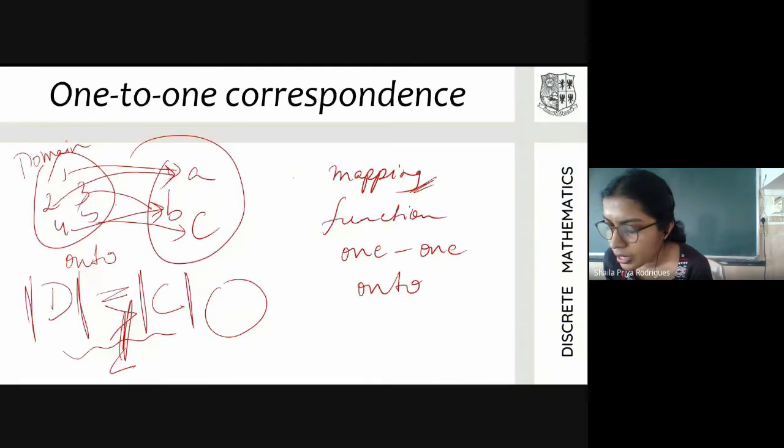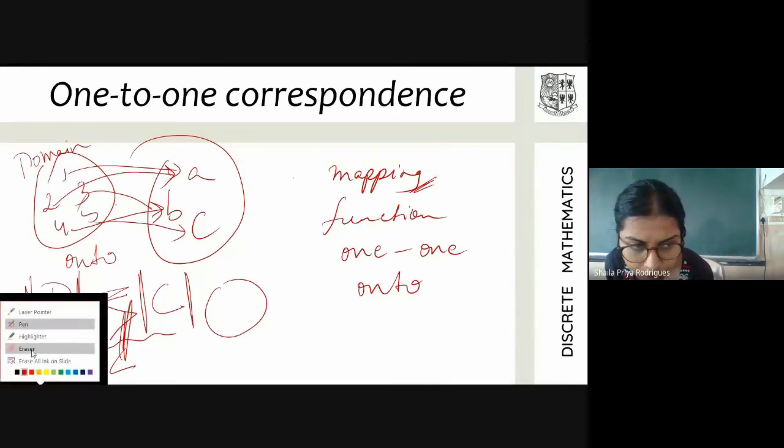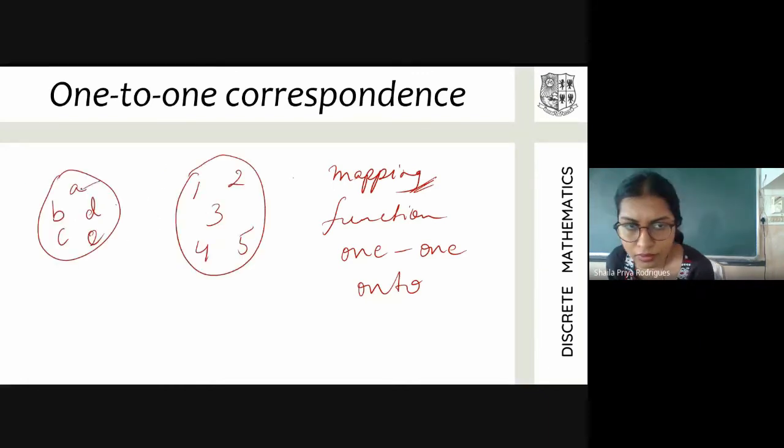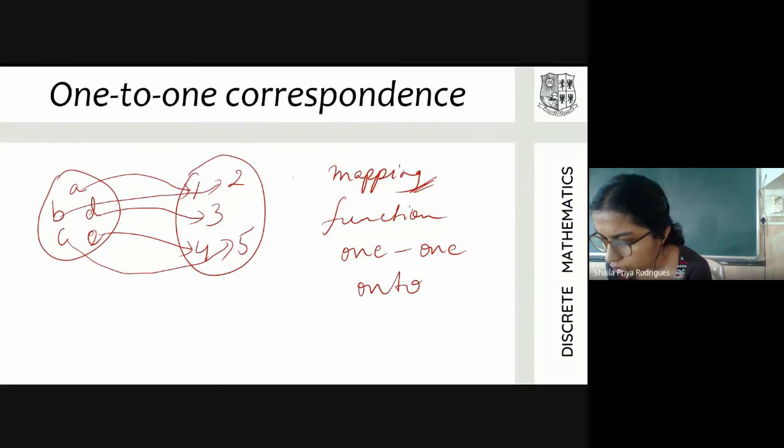The meaning of one-to-one correspondence is you can pair off elements in the first set with the elements in the second set. Let me draw two sets which have equal number of elements. Every element in the first set is being mapped to a distinct element in the second set. Okay, so it's 1-1.